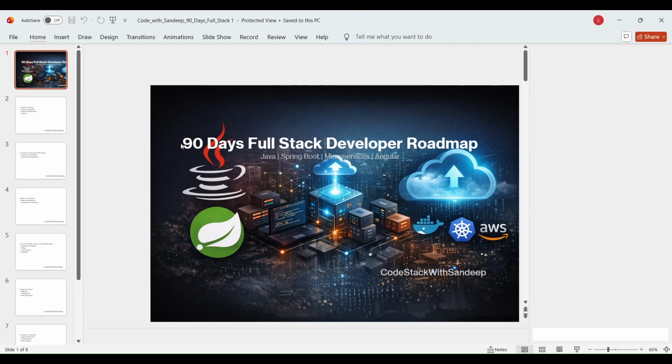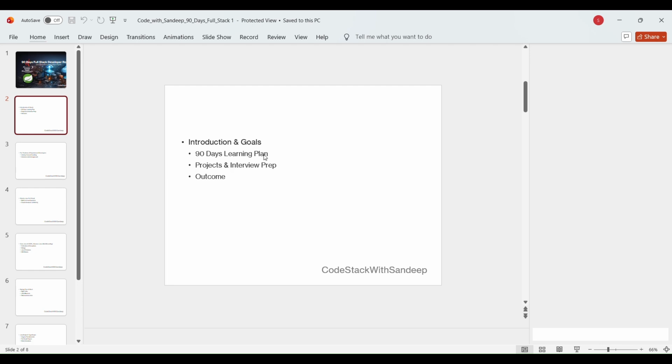So in this slide, let's talk about the introduction and the goals. In our 90 days learning plan, we will have the project and the interview preparation, and we will analyze what our outcome will be at the end of the month or the end of 2 or 3 weeks.